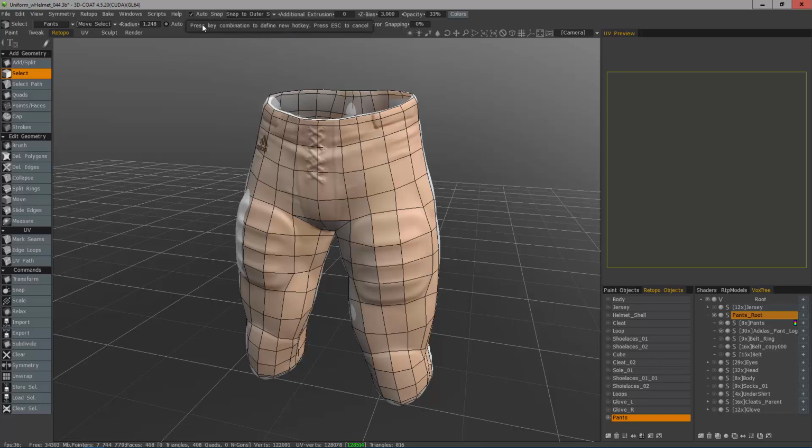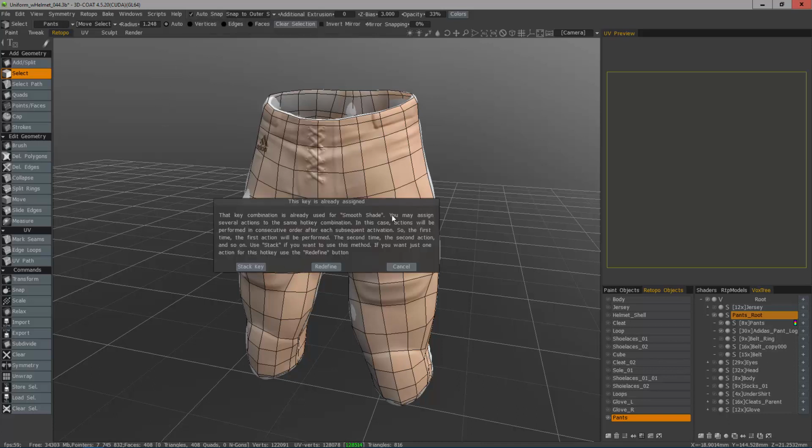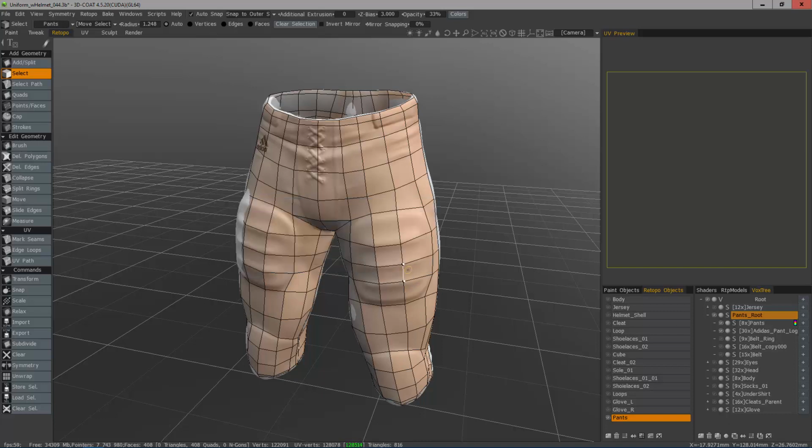So I'm going to try to assign it to something else that's already predefined, and you'll notice that 3D Coat will tell you what it's assigned to, and if you want you can stack the key or override it by choosing redefine. I'll click cancel,